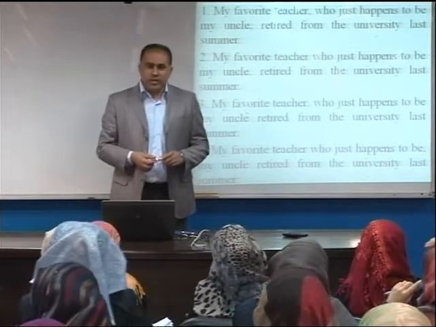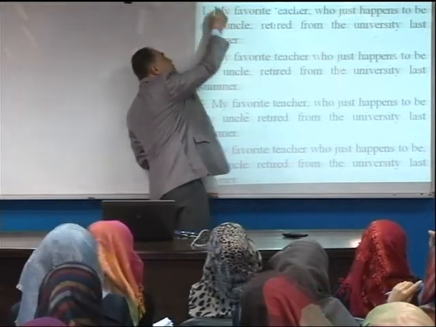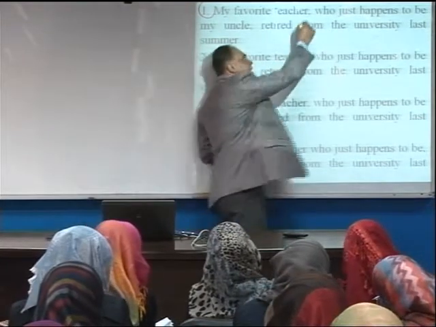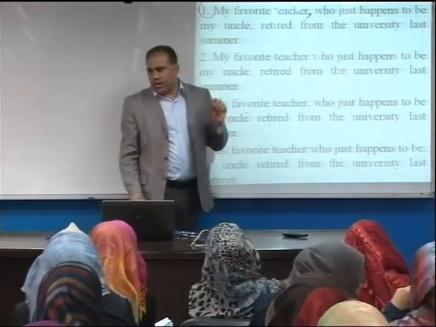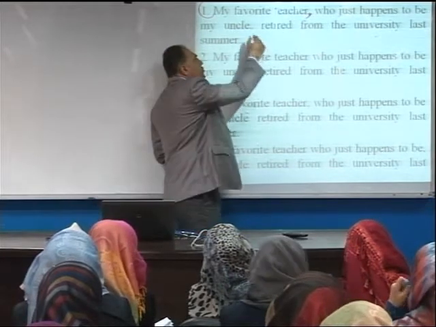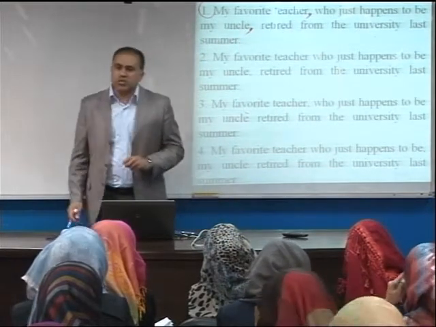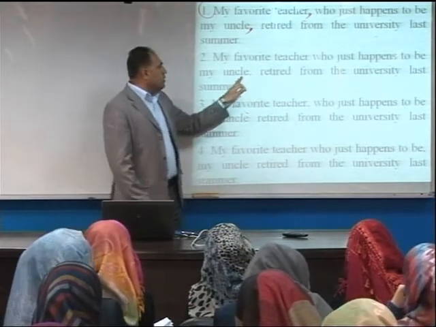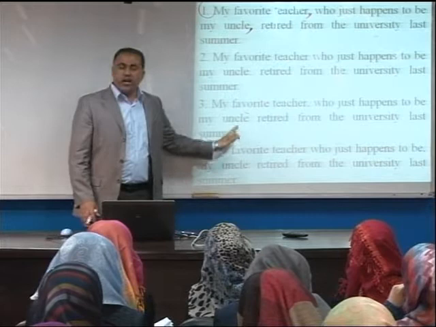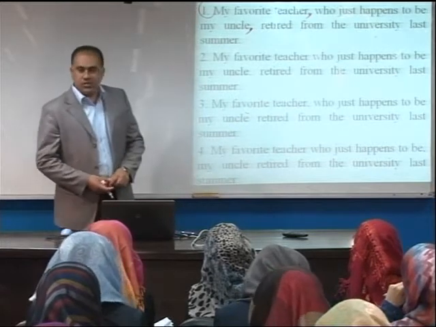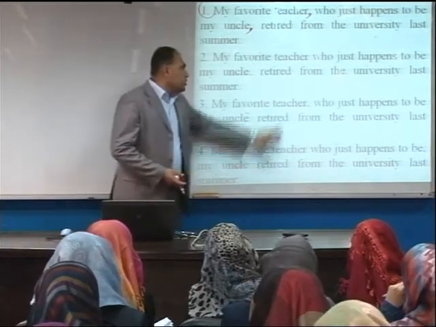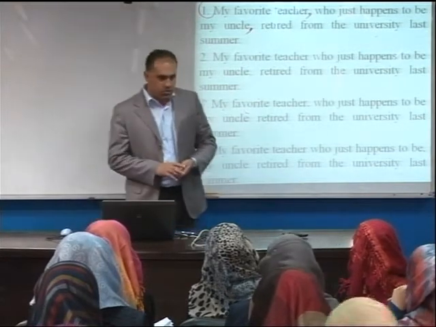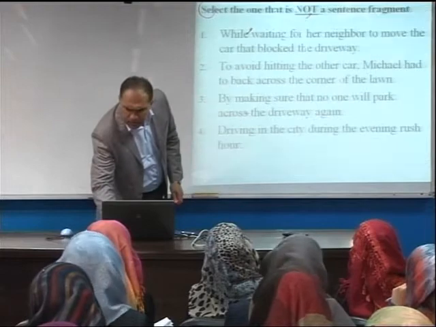The first one? Yes, it is the first one. Why is that? Extra information. Yes, we said that with relative clauses, if they are extra information, we just separate them from the rest of the sentence using commas. Whereas the second one is not punctuated correctly. Neither the third nor the fourth sentence is correctly punctuated. So the first one is the one that has the correct punctuation marks. All right. Do we have another question?